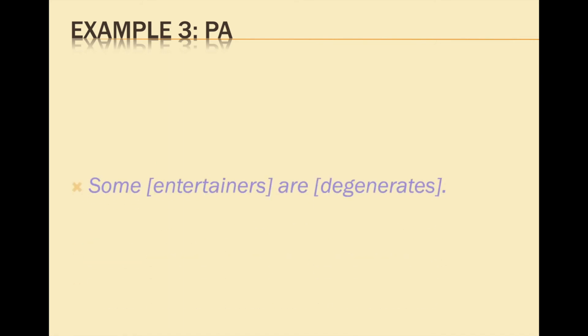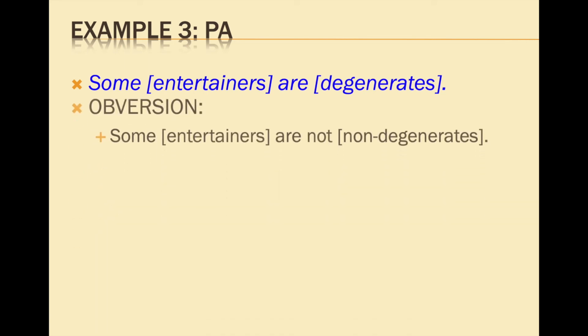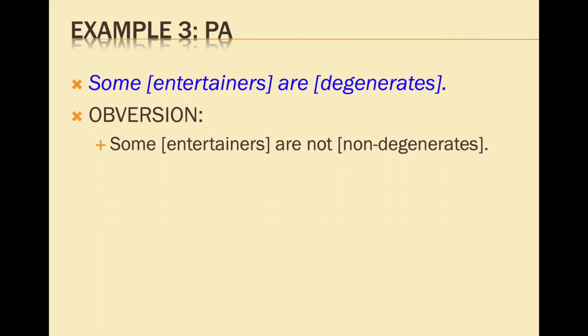And here's another example, a particular affirmative. Some entertainers are degenerates. Obversion of that original statement, and I like to use obversion first because you can use it with any kind of statement, but you can do it in any order that you want. The obversion of the original statement, some entertainers are not